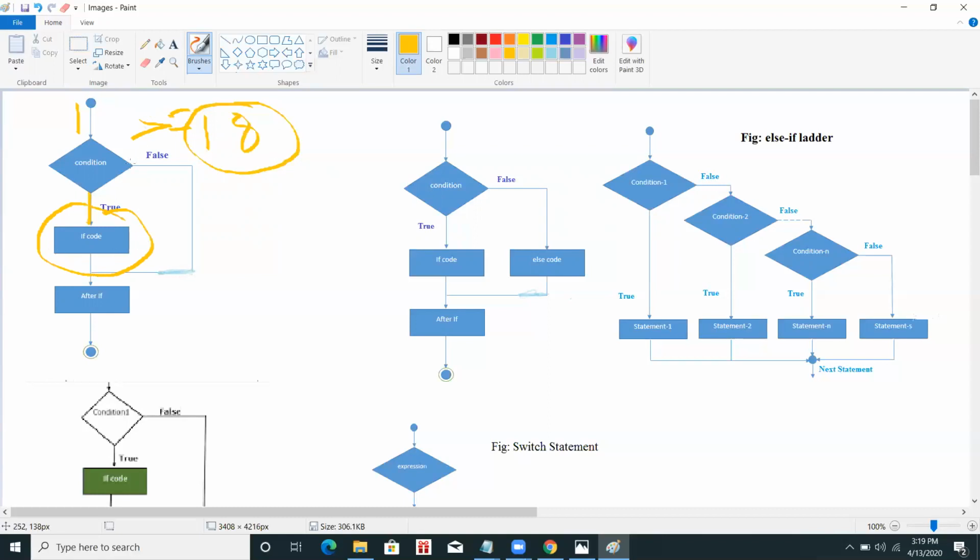If the condition becomes false, if the user is less than 18 years of age, then the person is not able to vote, and it will skip the code of the if condition and go out of it. Whatever is written after the if, it will execute that. It is a simple concept of if else conditions.